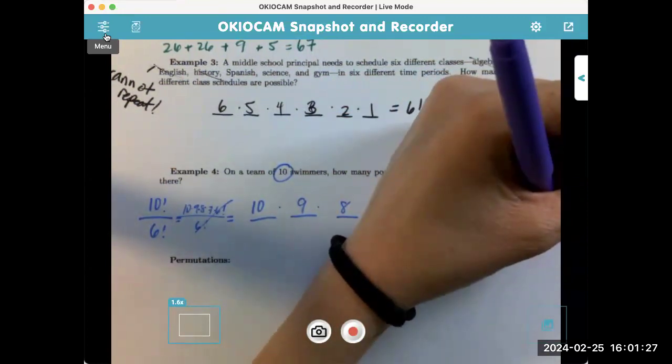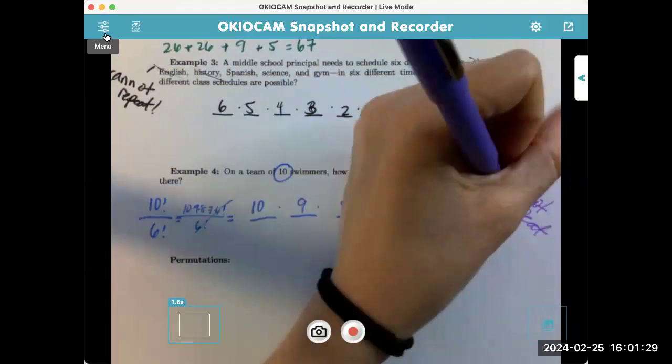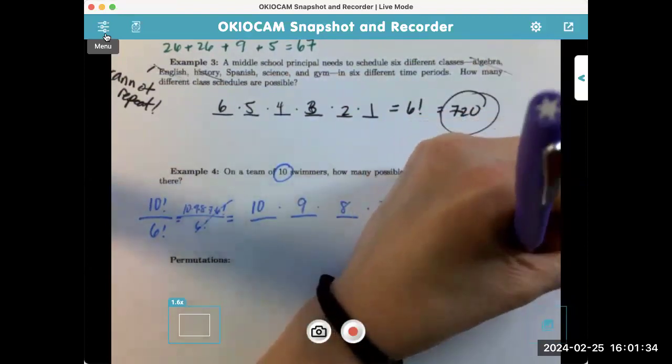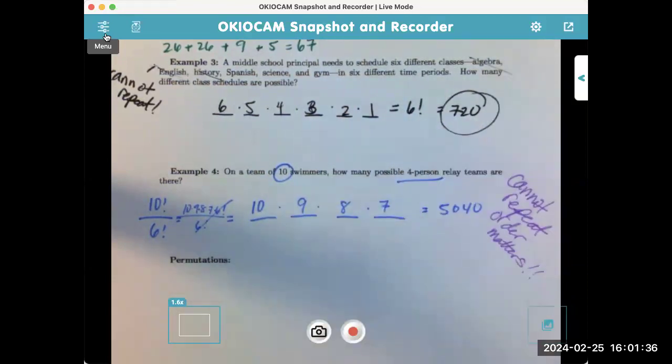Okay, things cannot repeat. And the order matters. Because if you're a coach, it totally matters to you who starts the race and who ends the race, right? Every position has, every swimmer has to have a